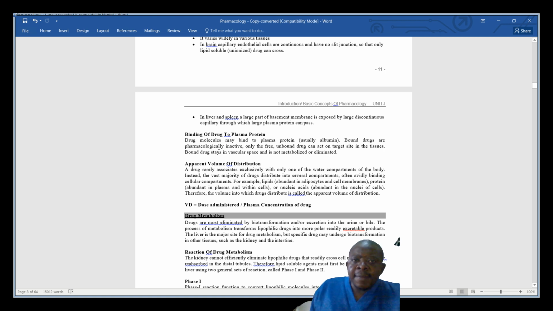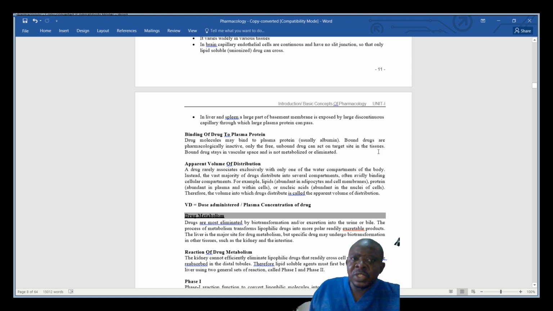So drug molecules may bind to plasma protein, usually albumin. It's a protein that transports a lot of drugs. So drug molecules may bind to plasma protein, usually albumin, and bound drugs are pharmacologically inactive. So only the free ones, the unbound drugs, can act on target sites in the tissues. So the part of the drug that is not bound to albumin can now act on the site